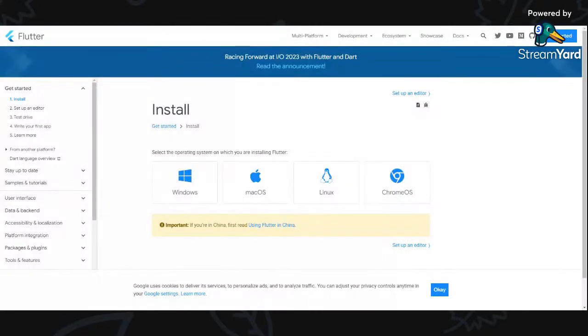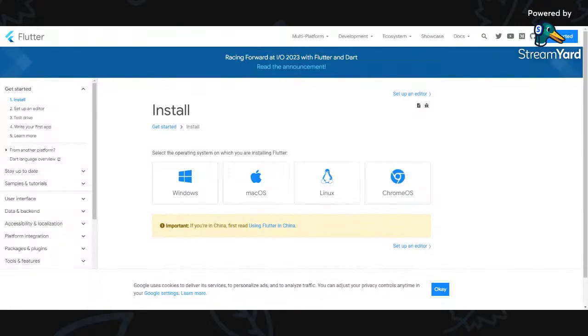So this is the Flutter site. You just need to search Flutter SDK and you will get this link. Depending upon your system, you can download the file for Windows or Mac OS. For this stream, I know it is around 1 to 2 GB, so it won't be possible. So I recommend you go to Dartpad,